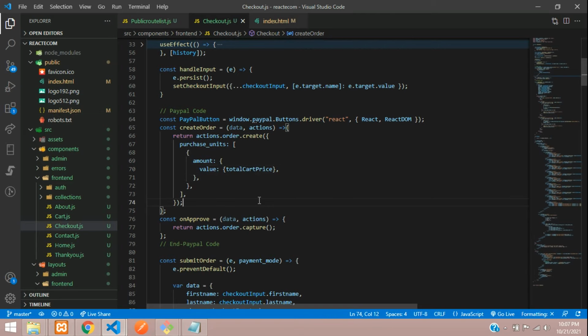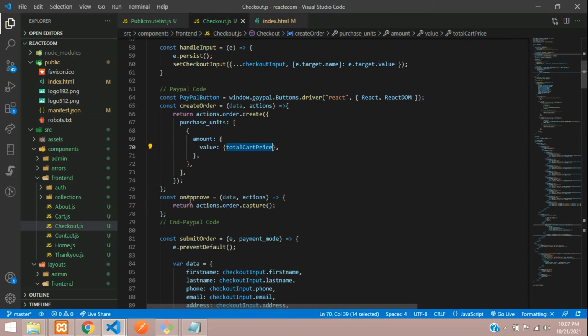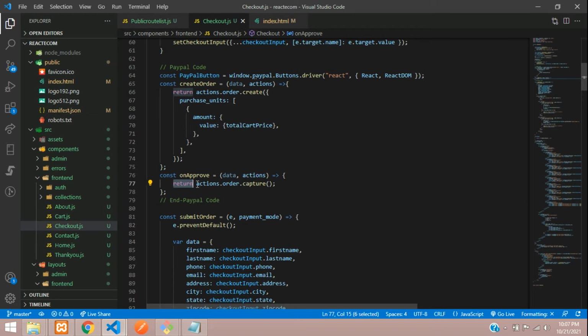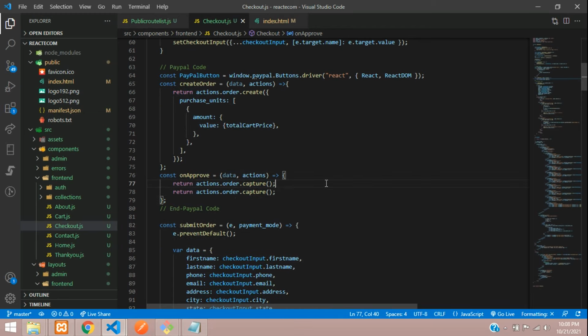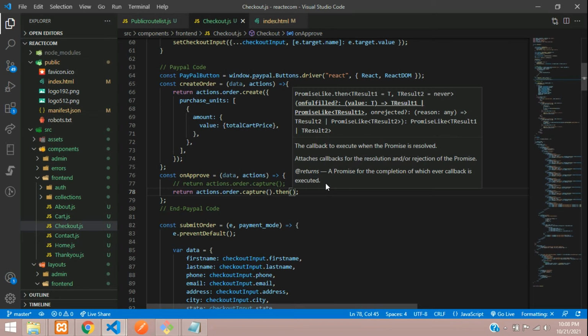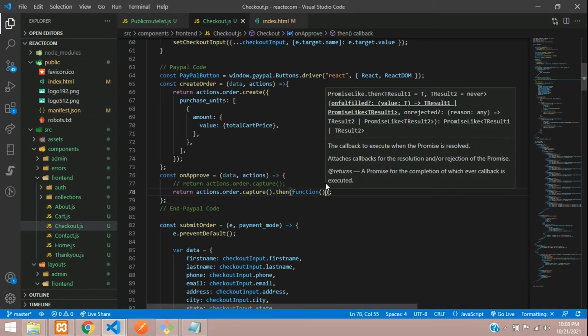done. So once you place the price, and then guys, once you approve the order, which means you're going to log in, and when you complete the order, that time your order captures it. So after capturing the order, we want to store in our database, right? So for that, guys, you need to work over here some things. So let's copy this and let's comment and keep for our reference. So from here, guys, you're going to tell then open and close, where you will get your function, open and close, where